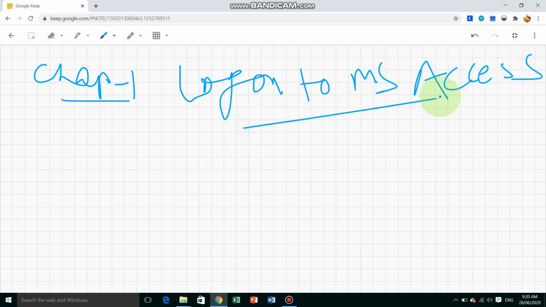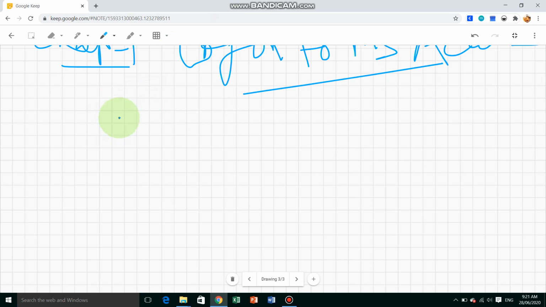So in this chapter we will learn about database models, how to insert a record in a database, how to create the database and how to start our database. All these things we will learn in this chapter. Before we move on to any topic, first we need a basic understanding of the structure of a table.